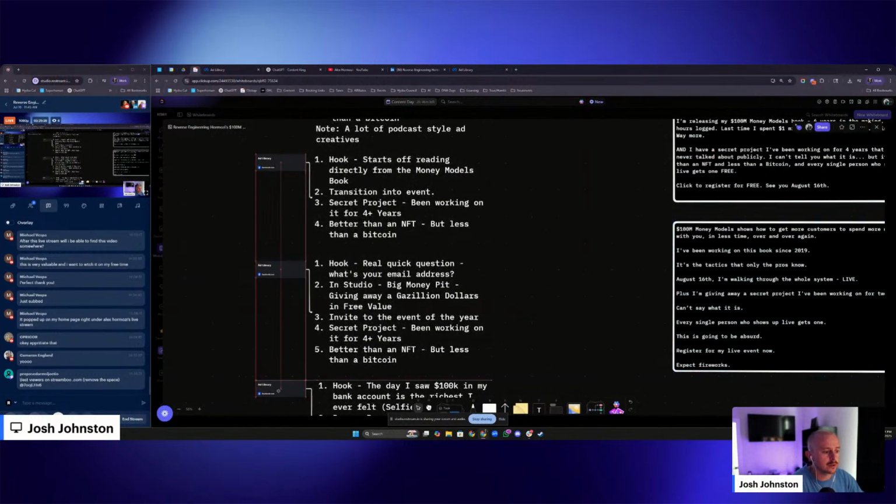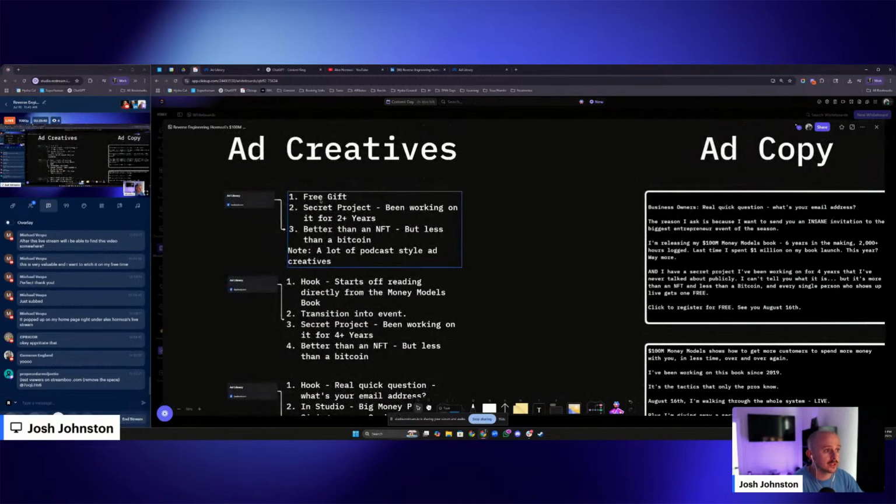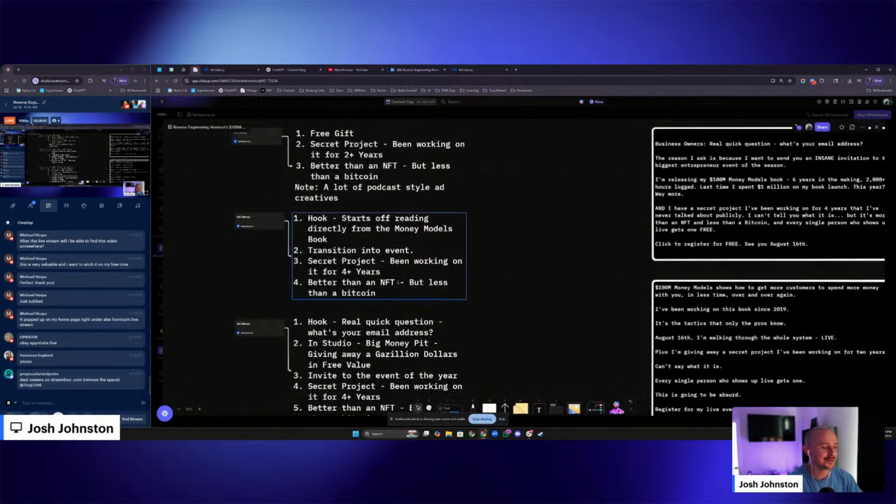Let me just make sure these all look nice and pretty. 5 in total that I dropped in here, but really, they're repackaging each of these in different models, right? So basically they're rewriting the hook or putting them in a different setting. And then it's almost identically scripted after a certain point. So when he essentially transitions into talking about the event or the book launch itself, it goes into secret project, been working on it for 2 or 4 years. We're not 100% sure how long he's actually been working on it for. So either 2 or 4 years,